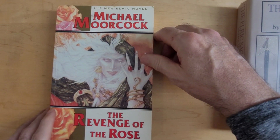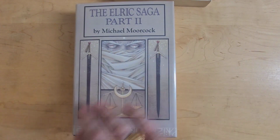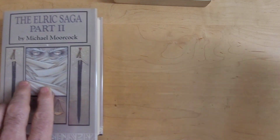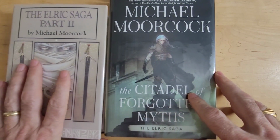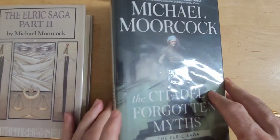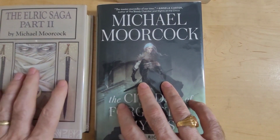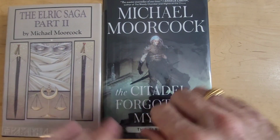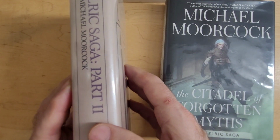Beautiful cover. Anyway, so I thoroughly enjoyed the Elric Saga, Part 1 and Part 2. And I'm going to eventually reread this because I enjoyed that. It's a great depiction of Elric. All right, so I don't know what else to add without giving you some spoilers, but